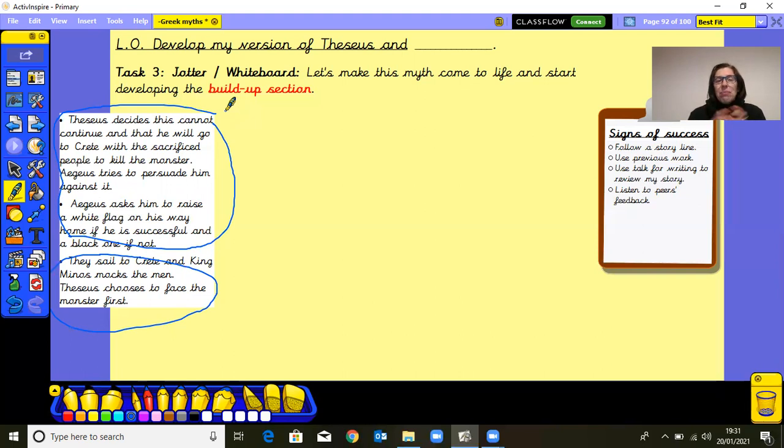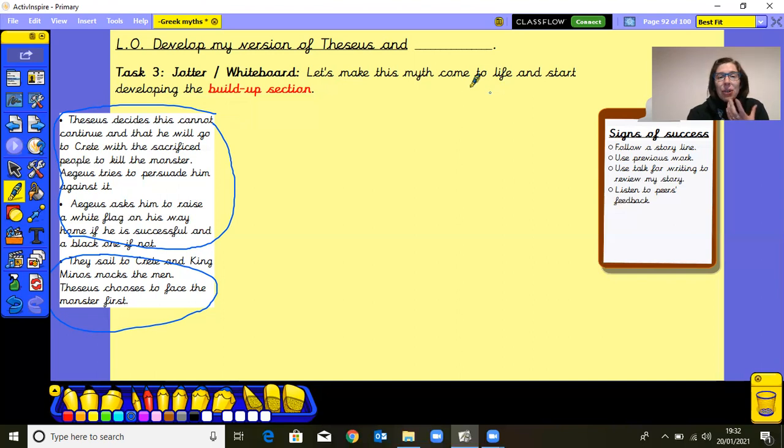Once again, make sure you've got lots of details by using expanding noun phrases or relative clauses, so the story comes to life. So this is going to be the last part of today's work, developing the build-up section. And as it says, let's make this myth come to life. Give it some life. Make the reader want to read even more